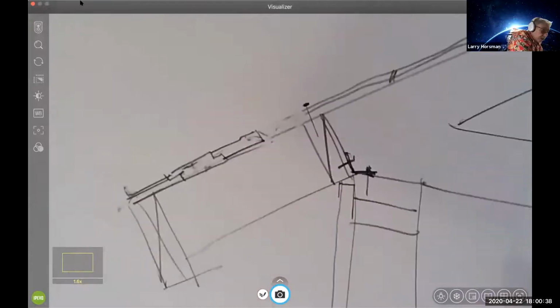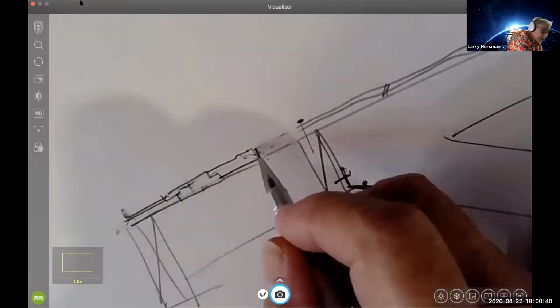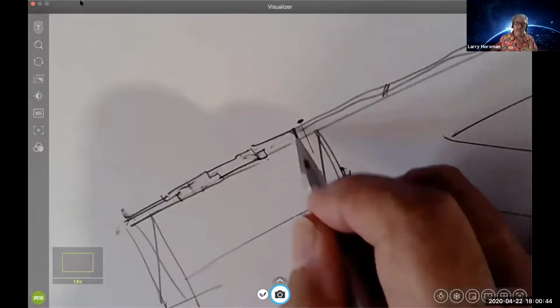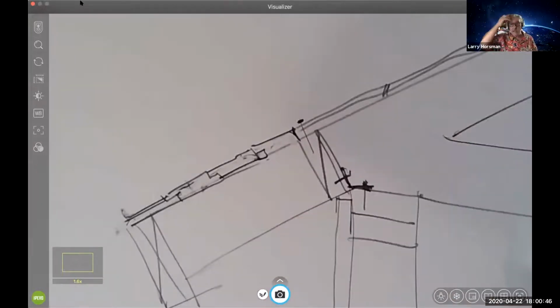Excuse me, I didn't draw that quite right. That would stop here. And so that way they just paint the underside, and all you're seeing is the shiplap rather than